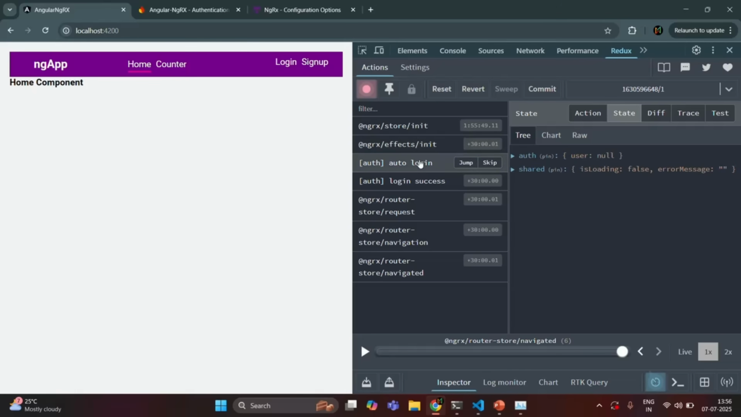When we go to auto login action, there also we have two states, login success. Then there was a navigation. So we requested for root URL. For that the navigation happened, and when the navigation happened, for that also some actions have been dispatched. Now you can see after we have been navigated to the root page, this router state is also added